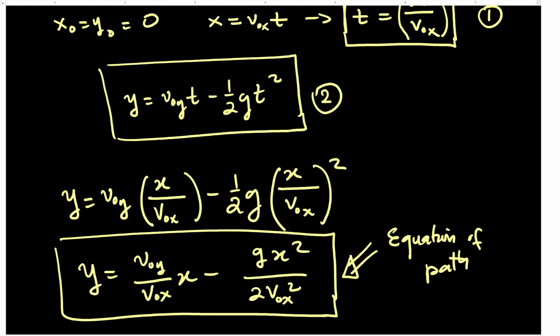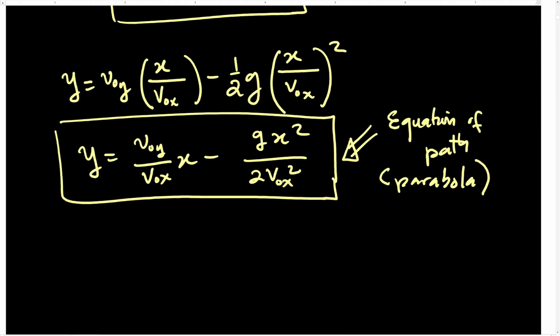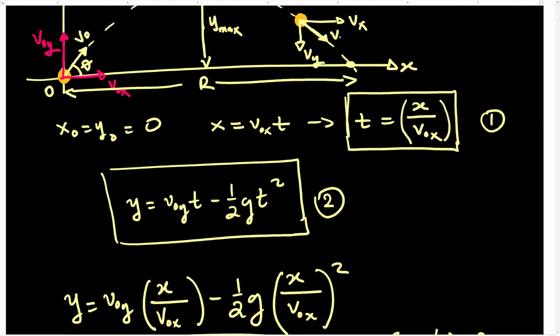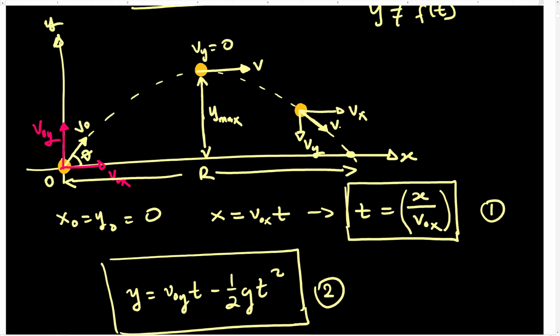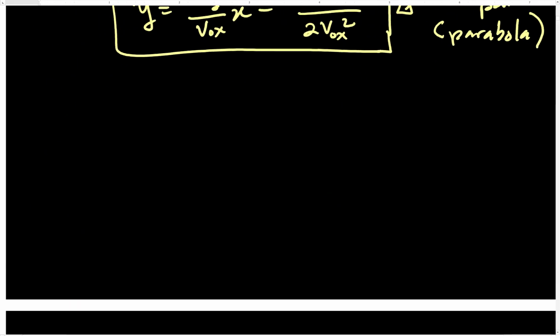And clearly, you can observe that the equation of path is a parabola. So generally, the equation of path of a projectile is a parabola. Now we are going to look at some particular instances and see how we can apply them in this particular case. So let's look at the case